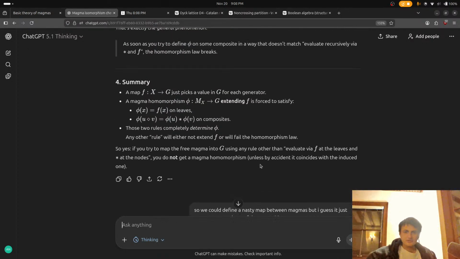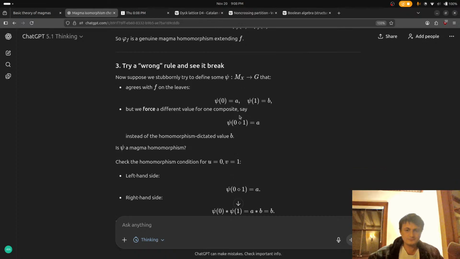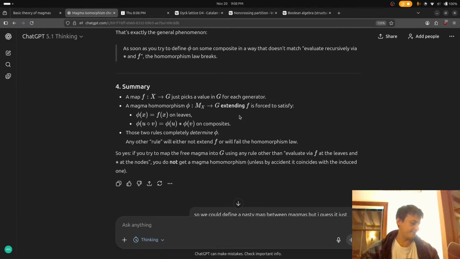Wait, between the underlying sets. Well, the underlying set of M_X is infinite, right?